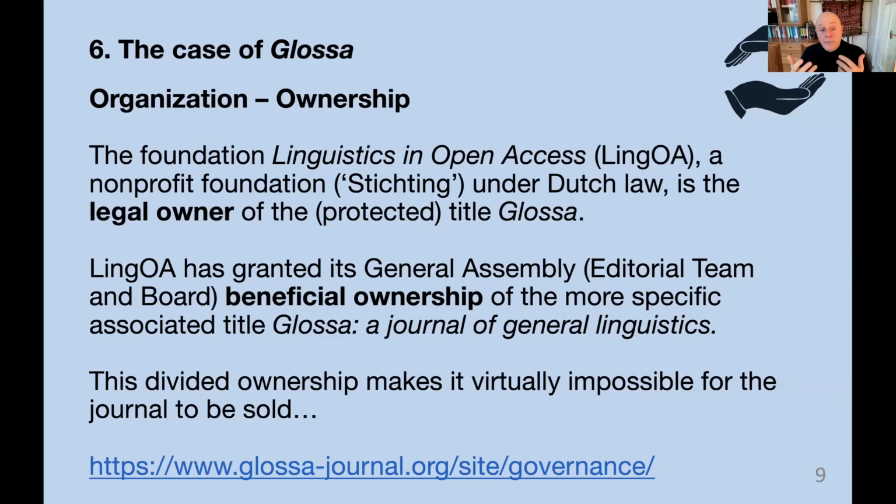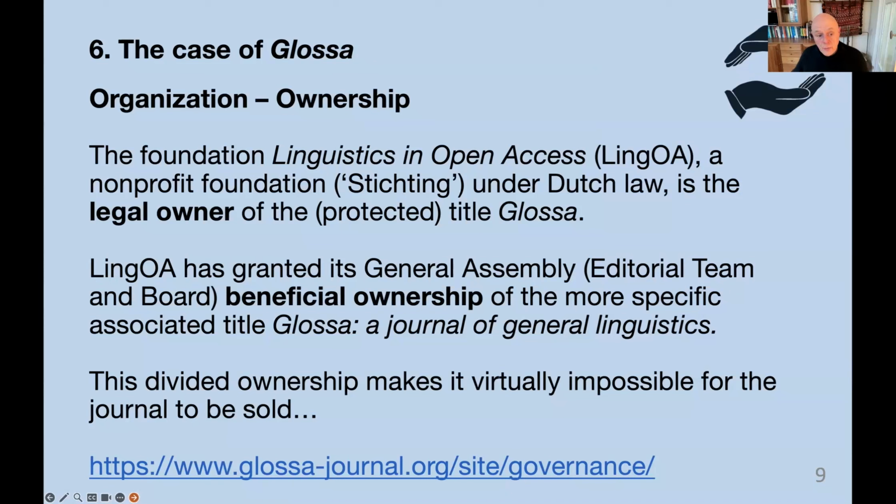Because if the General Assembly, the editorial team and board, which consists of about 40 people, has to agree to a person to sell the title, I mean, that's going to be very hard, because there's always going to be someone who's going to object, right? You have to have complete agreement, both on the side of the foundation and on the people who have beneficial ownership, that you can sell the title. And I do not think that is likely to happen. So this is one way that we have found. It's kind of a loophole, if you want, in ownership, in order to make it impossible to sell the journal